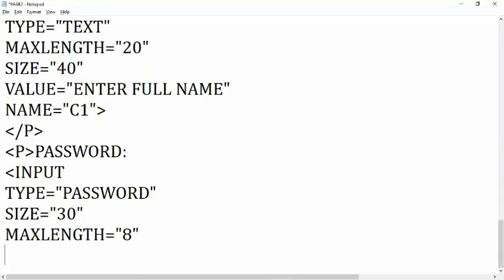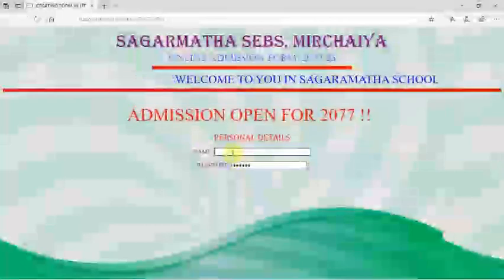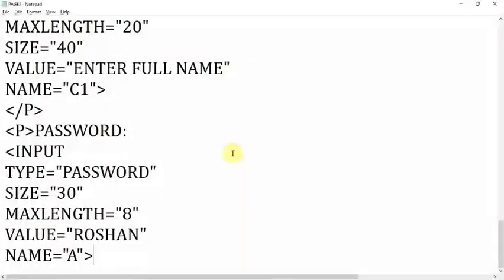Now next, value, I want to give a default value. I want to give this name. Now another attribute is left, name. Name is not compulsory. You can write any attribute here. I want to give A only. Now Control plus S. Now you can see the default value here, it has appeared, but in the name box it has not appeared. There is some problem, but if I check one by one, it makes the video too lengthy. Next time I will tell you about this also. Value, enter the full name.